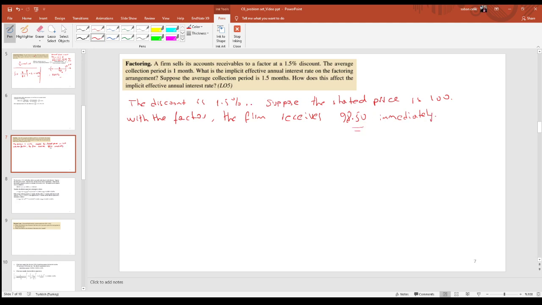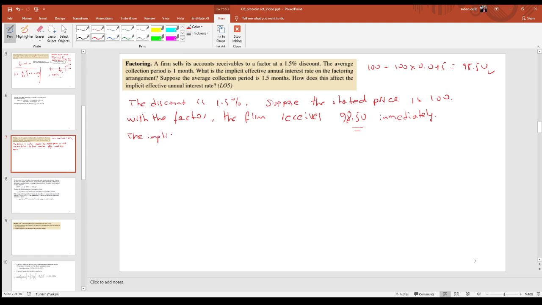How do we calculate this? This is equal to 100 minus 100 times 1.5%. Okay. So otherwise, the firm extends 1 month of credit to its customers, but then receives $100. So the implicit monthly interest rate,